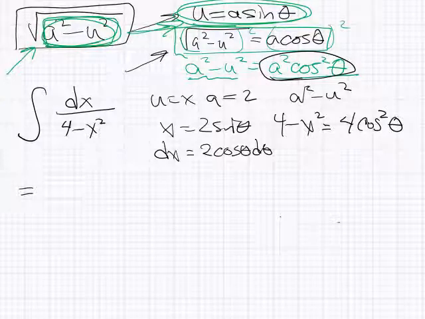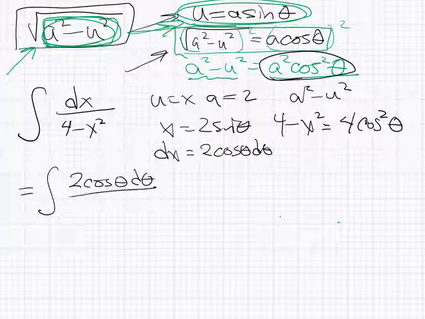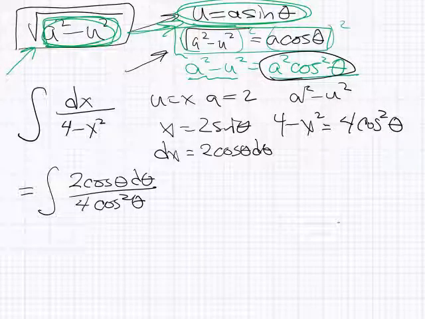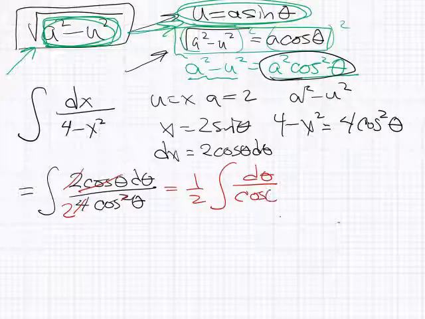And then I would get 2 cosine theta d theta over 4 cosine squared theta. Well, the cosines would cancel, the 2 and the 4 would cancel, and I would get 1/2 the integral of d theta over cosine theta,